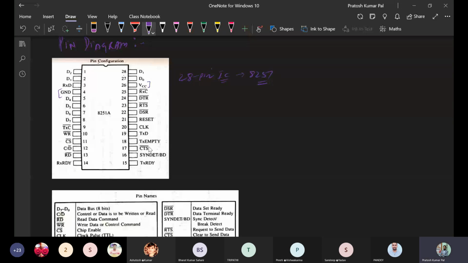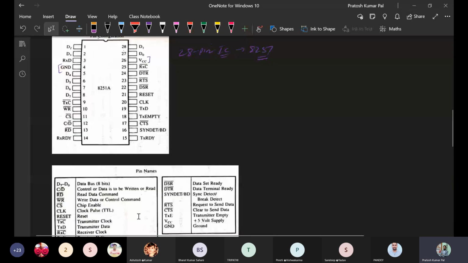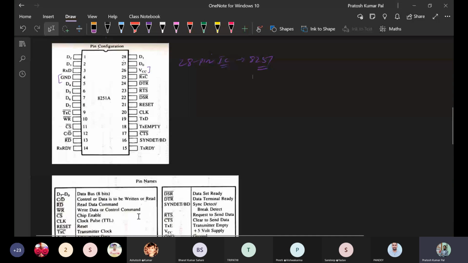The data transmission will be done through the D0 to D7 bits, and here is the control. This is C/D bar, which is associated with control or data, read or write.